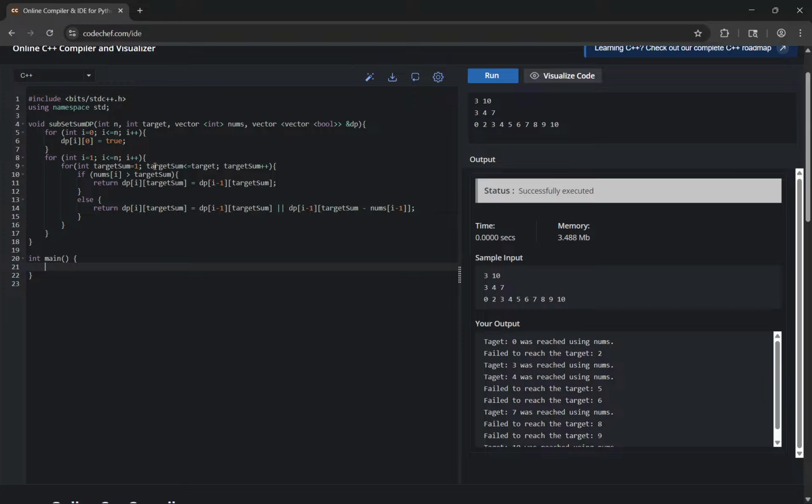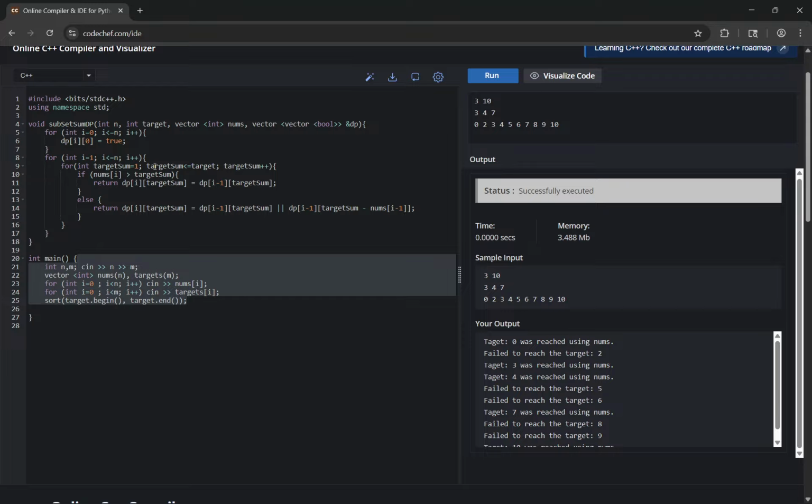Okay, so we can just set everything now. So what all do we need? We need, okay, so I removed that icon. We need all this. Then we'll have for target. So we just have to introduce a DP over here, and then we can just